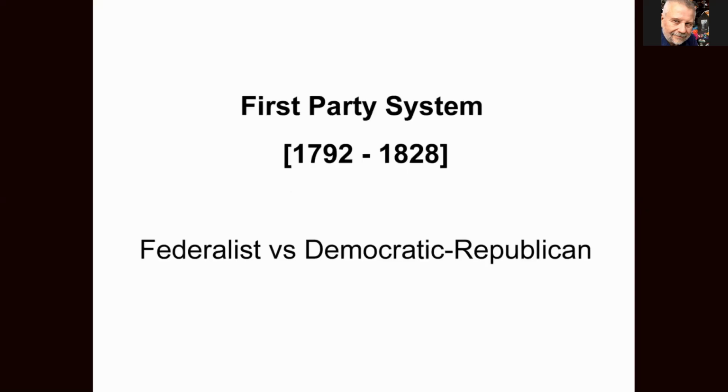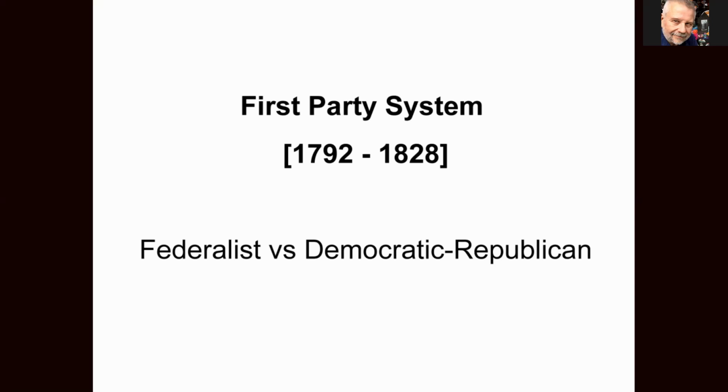Now, don't confuse the American second party system with the two-party system, as we describe it. The party system means something else, and there are about 6 party systems. The first party system was the Federalists versus the Democratic Republicans between 1792 and 1828. By the way, the kind of party systems, this is what historians use. It's not written in stone. It's a way of periodizing the history of the United States, and so historians have broken it down into 6 party systems, and